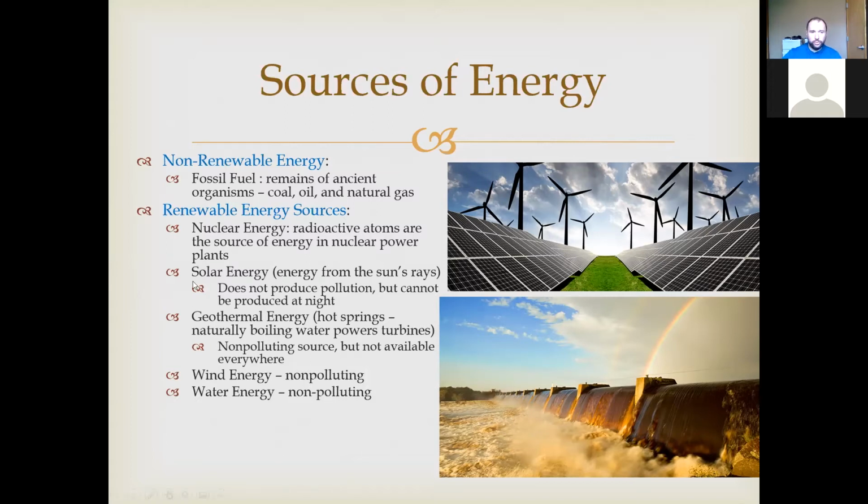So we can harness the sun's power, like using solar panels to charge batteries to then power whatever it is, right? Solar energy is a very clean source of energy, but the downside is you can't generate solar energy at night, or even if it's cloudy, or in the winter. We have solar panels on our house, and in the spring and summer months, it's great. We produce a lot of energy. But in the winter months, you have to account for the fact you're not going to produce much energy, because there's just less direct sunlight during the winter, and more darkness.